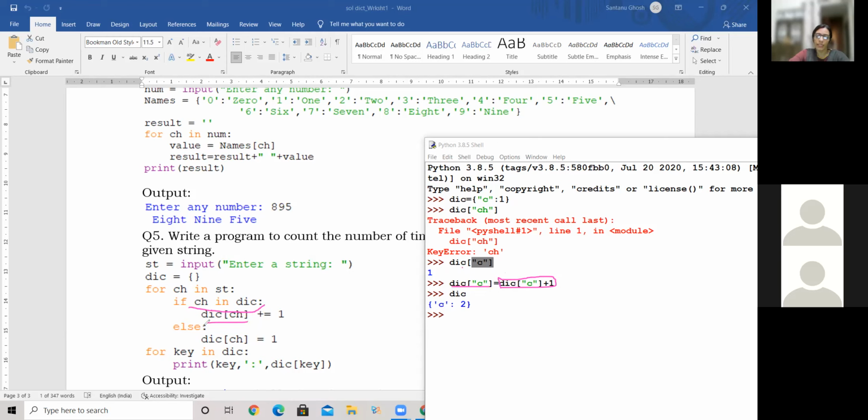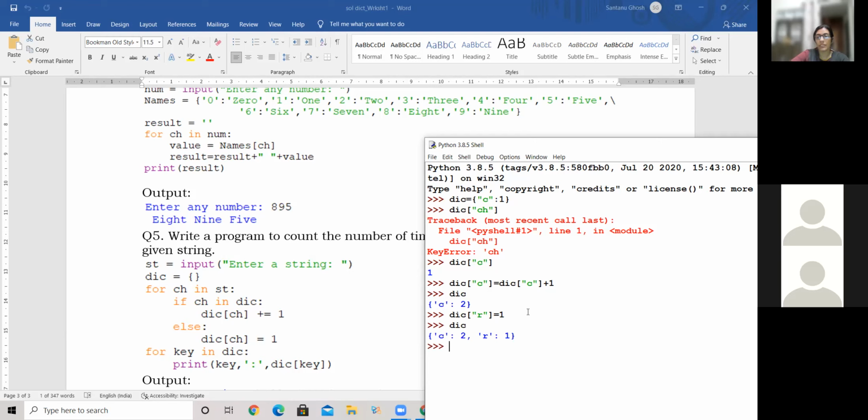Okay. And if the value doesn't exist, what I'm trying to do here is write R equal to 1. What does it do? What did we learn? That if R is existing in my dictionary, this value will be replaced by the existing value. If it is not existing, he adds the data.